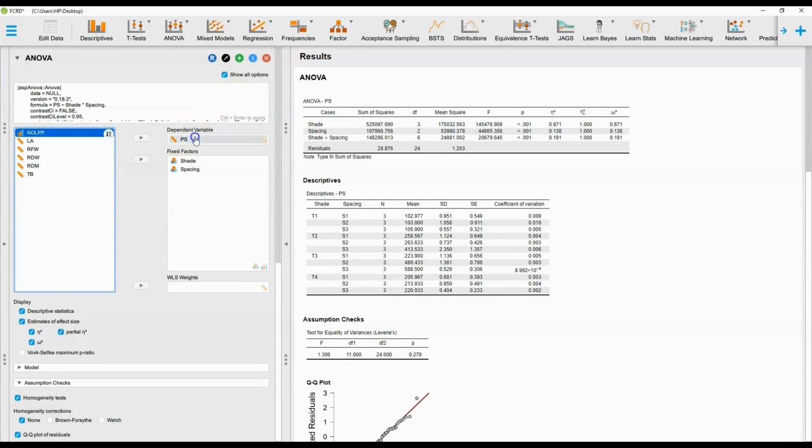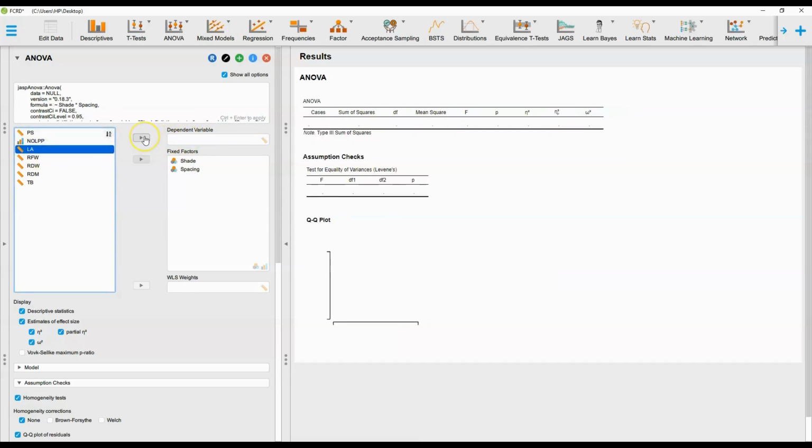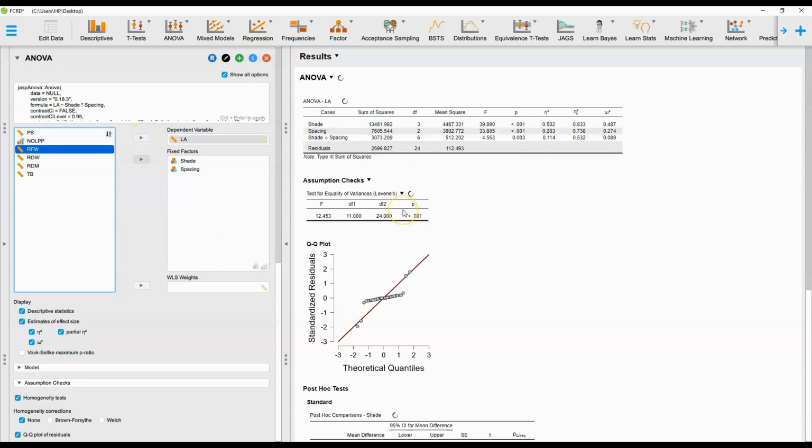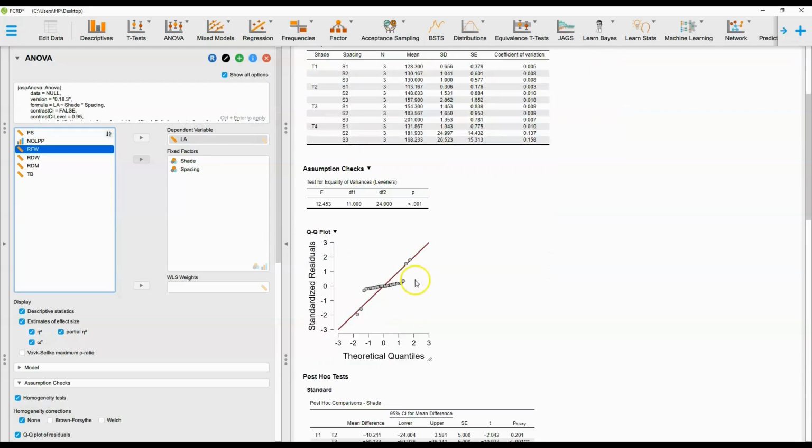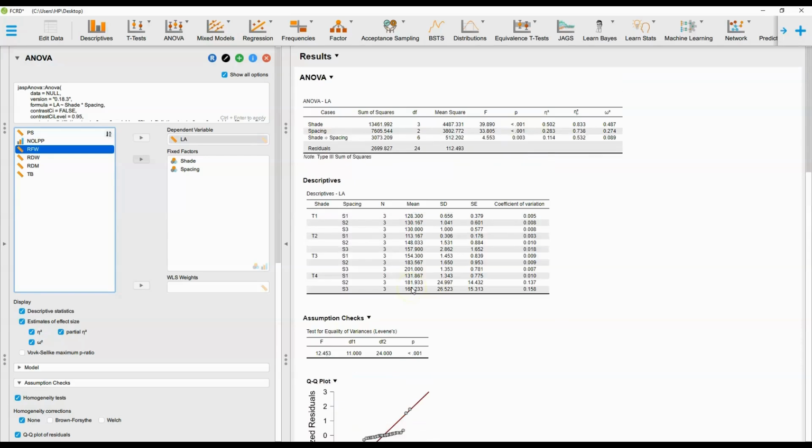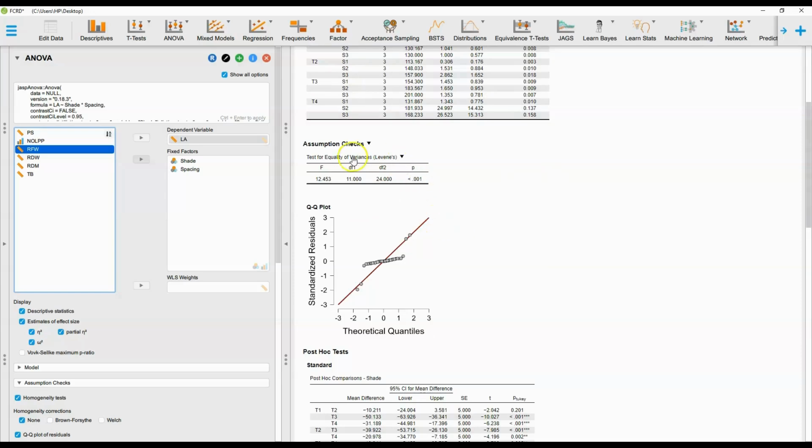And if you are interested to perform the analysis of another variable, let us take this one, LA. So we'll click on this. Here it can perform the analysis of another variable, and here you can find out this. In the second variable, we have a significant Levene's test. There is the non-existence of homogeneity of error variances, and our data is also not normally distributed. And you can find out that there is an existence of interaction, there is an existence of significant difference, but as far as the assumptions of this analysis of variance are concerned,